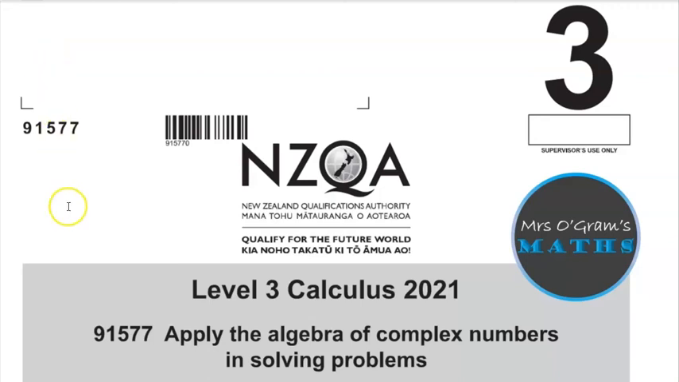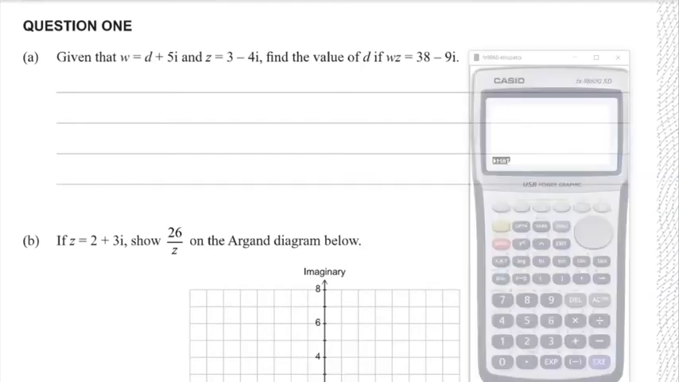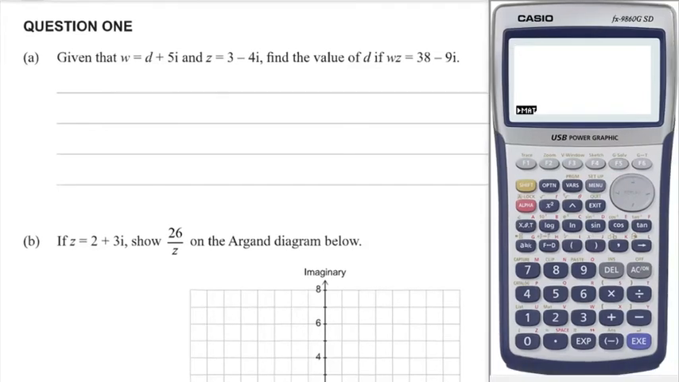This is a worked solution video for the Level 3 Calculus External on Algebra and Complex Numbers, Achievement Standard 91577. Right, so question 1A, starting with an achieved question. There's a fair bit of achieved that can be done on the calculator, and I'll show you that as we go. Right, so we're told that w z makes something, so that would be d plus 5i times 3 minus 4i